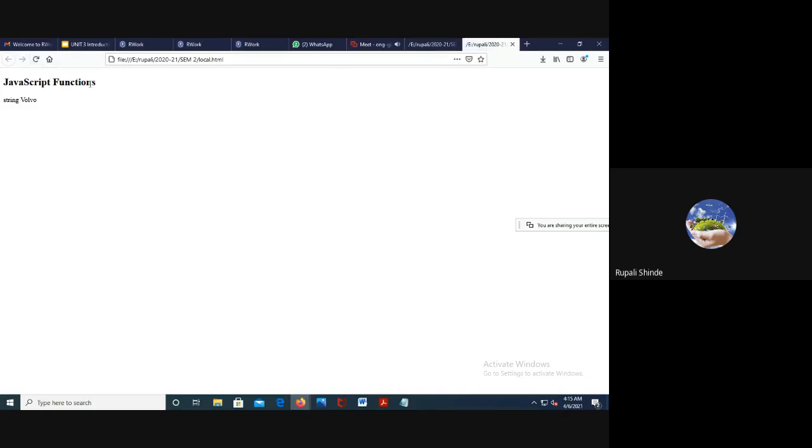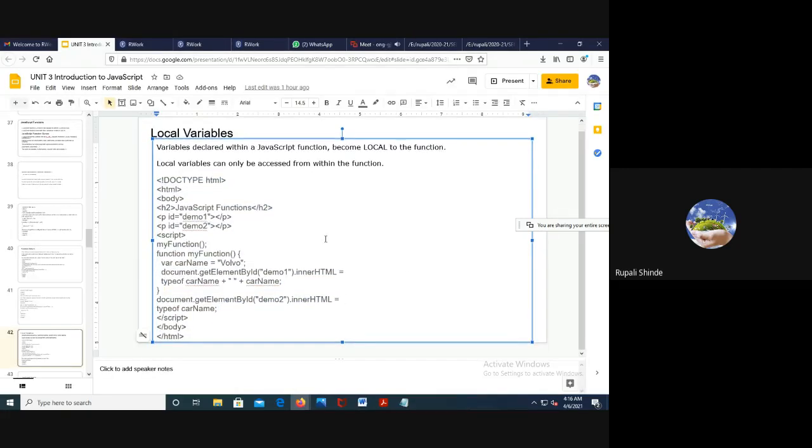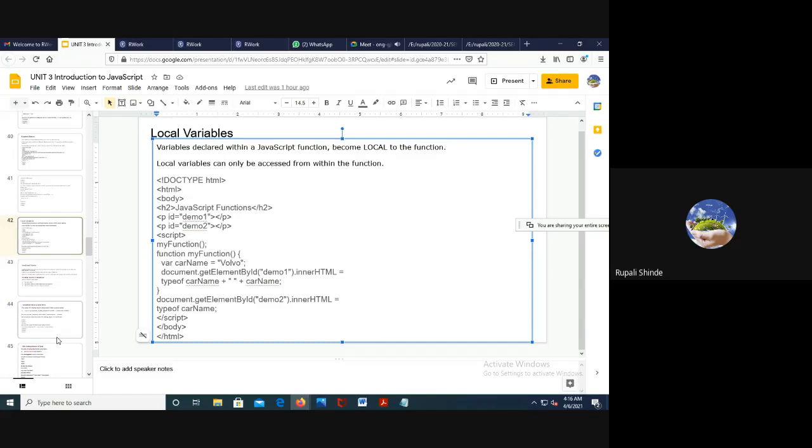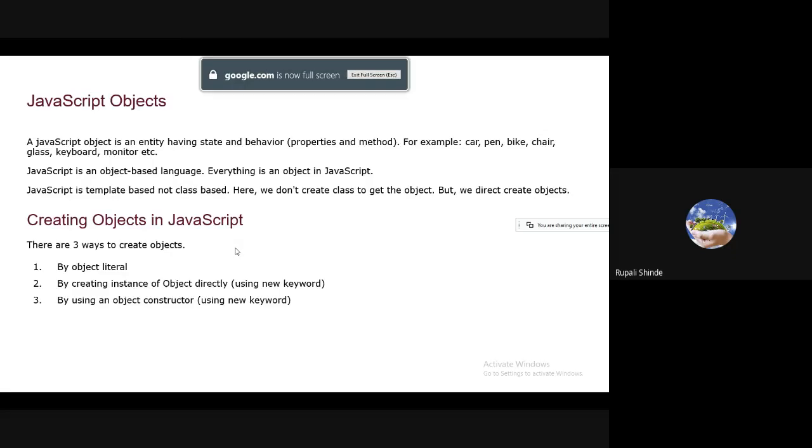It is not showing. It is undefined. It is not going to show the value string or logo, because the life of that variable is within a function only. Okay, it is all about the function, where we are going to see how to declare the function.